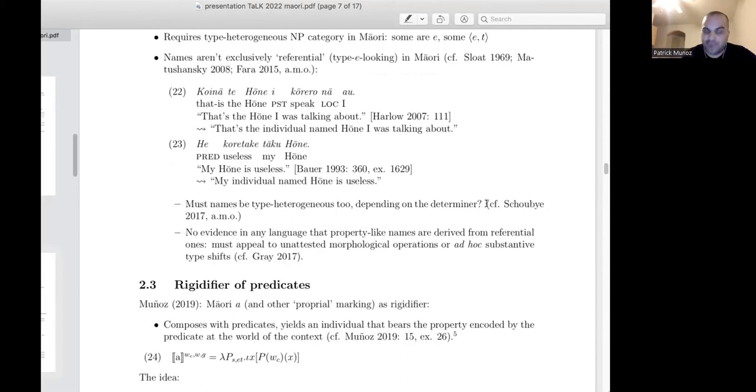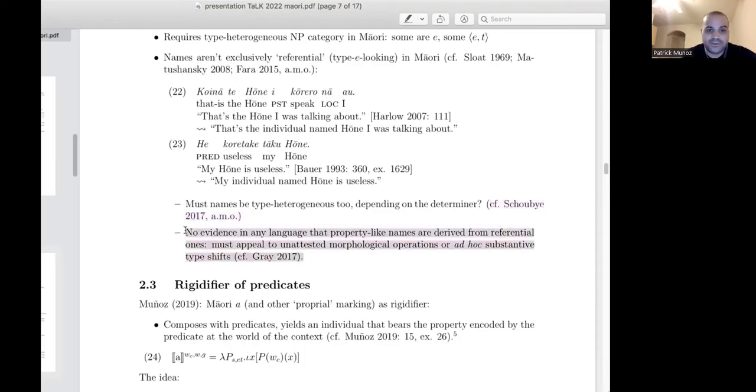Now, some people have actually proposed this, that names occur both as type e and type et. The problem is the mechanisms that they posit in order to do this are not cross-linguistically plausible. They rely on either some morphological mechanism converting one into the other, and such mechanisms, as far as I know, don't exist. So as far as I know, there's no overt marker in any language. I'd be interested to know if somebody knows about one that converts a referential name into a predicate one. They always just seem to look the same. There's no morphological exponent of a shift between these categories. And if you do something else like a type shift, you can do that.